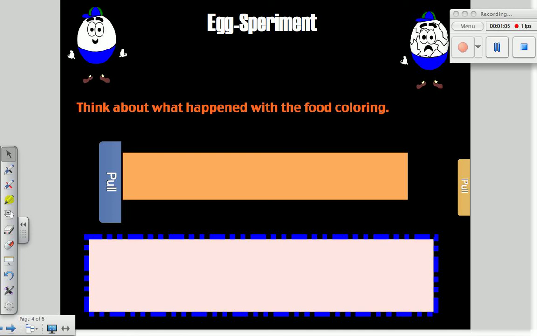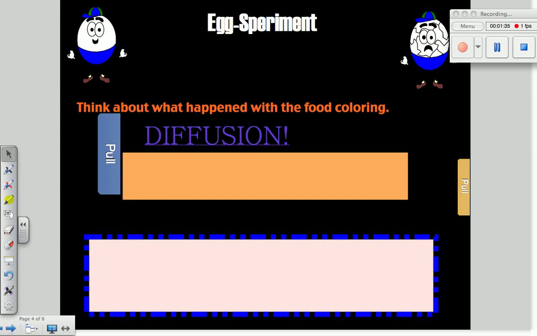Now, a couple days later, after the egg soaked in salt water, I had you dye the water red. Now, what happened there? Well, what should have happened is the colored water, the next day after you looked at it, actually went into the egg and it swelled up again. Now the egg is the same color as the food coloring. And what this is called